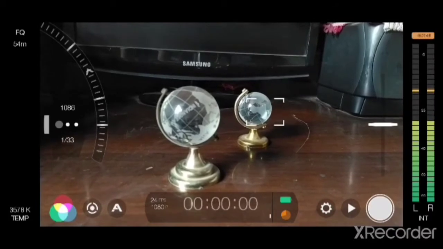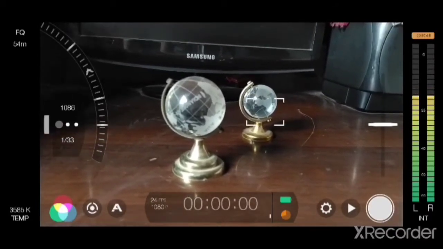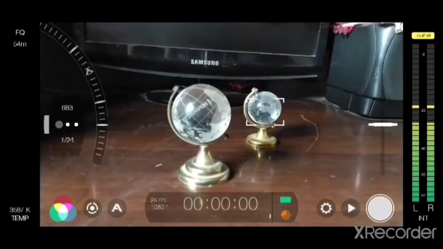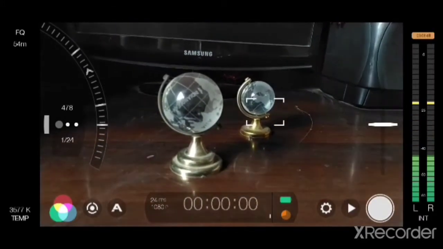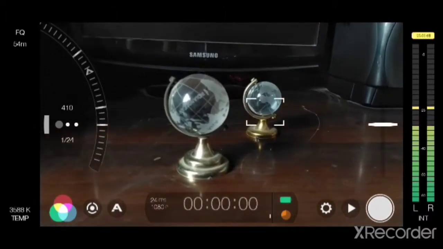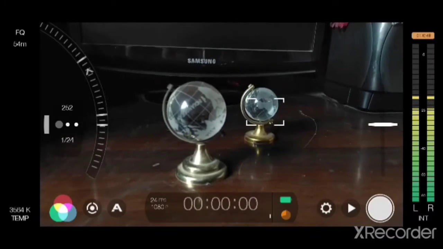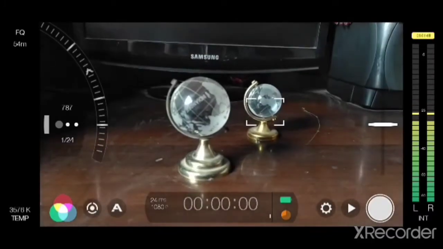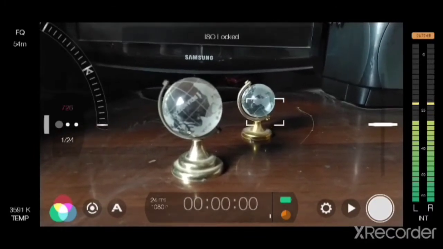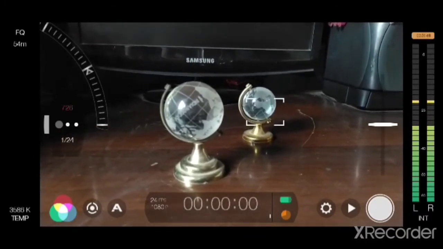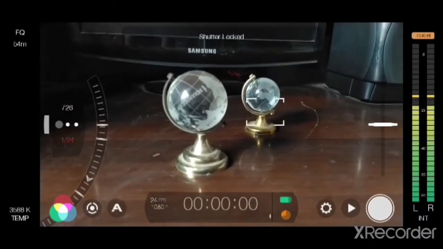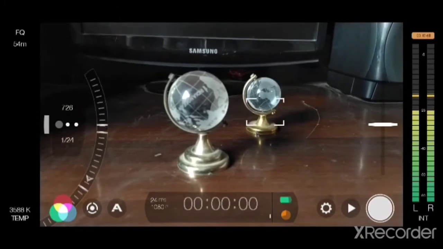With tap and hold, the arc comes out, and if you drag it up and down, you can control and adjust your exposure to your preference. Let me fix the exposure up a bit and see. So yeah, I like this exposure, it's all right now. The upper number is ISO. If you tap on it, it's locked, and the red color turns on. The lower one is shutter speed. If you tap it, it gets locked as well.